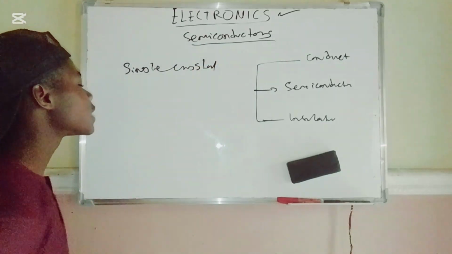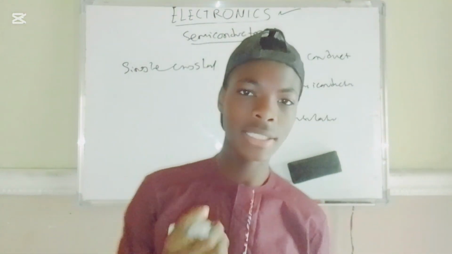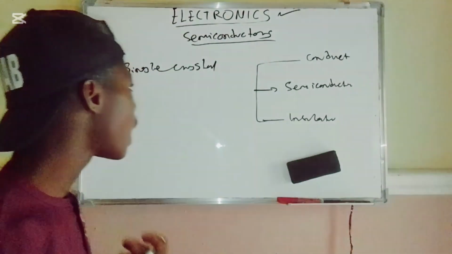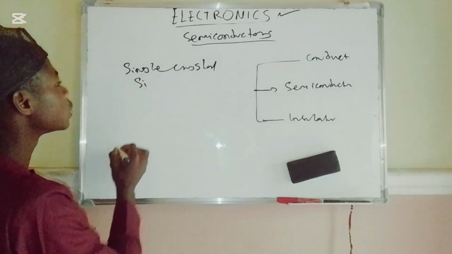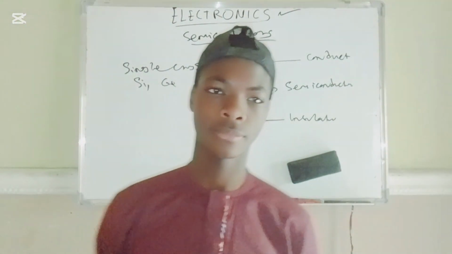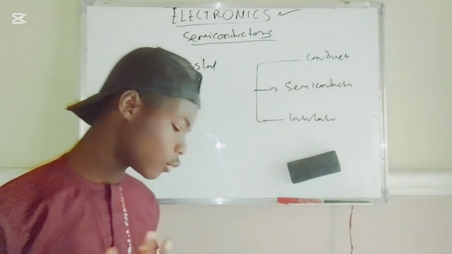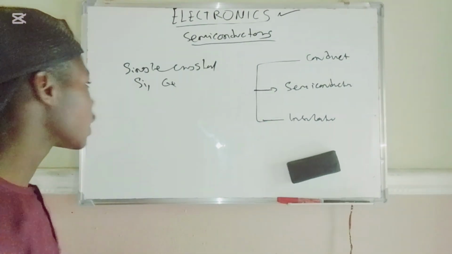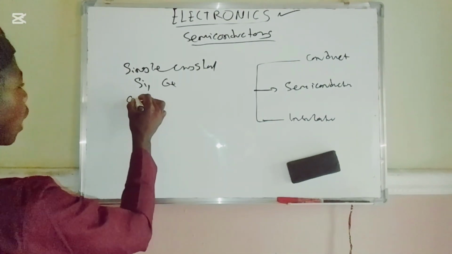It is what we call the single crystals. So what are the single crystals? In the single crystals, I have two things to tell you. I have silicon, known as Si, and I have germanium. You have to know that there is also what we call the compound